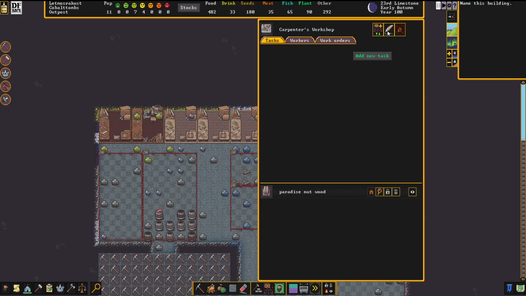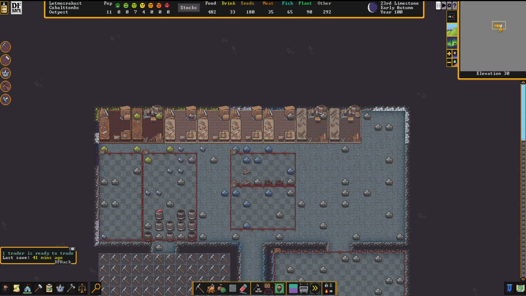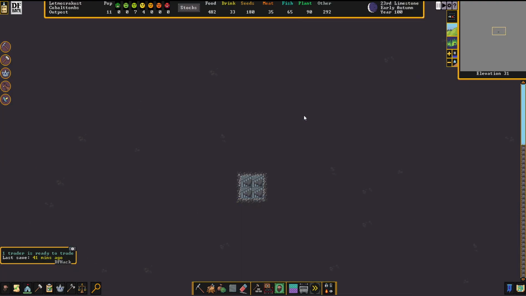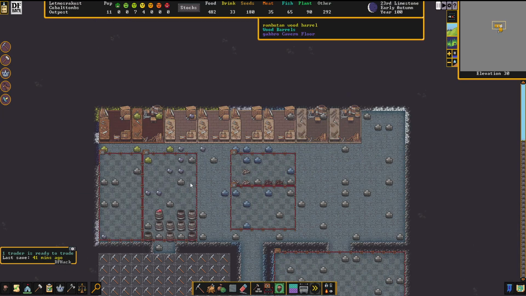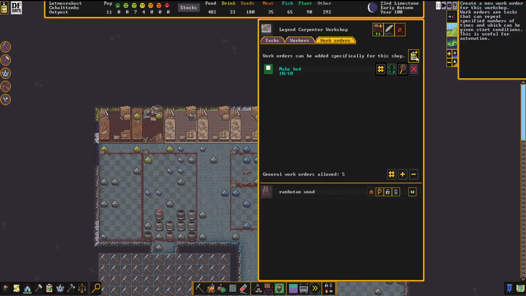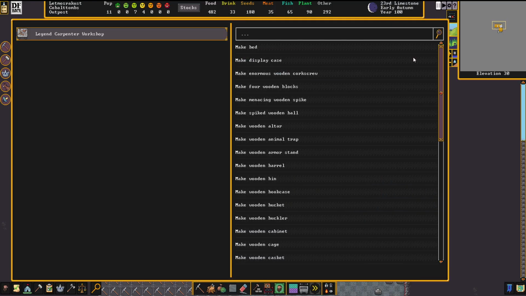So this is medical. Work order, carpenter, shop. Okay. Boy, we have meat barrel done. We don't have enough barrels. Okay. We're going to come down, and we're also going to... So, oh, they moved all the barrels. 10 beds. We're going to make 10 barrels. We're going to make 10...